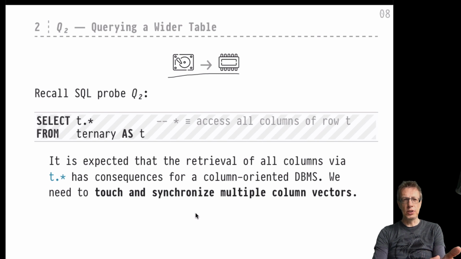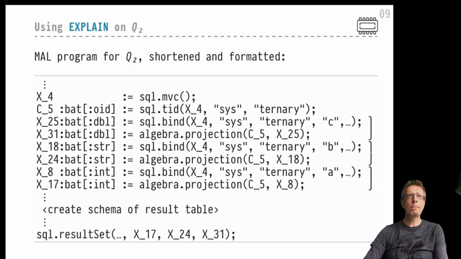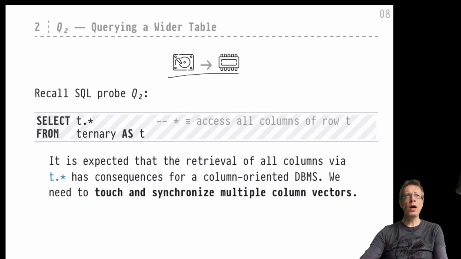Before, when querying a unary table, it was sufficient to extract the payload of a single BAT. A single BAT, or the tail column of a single BAT, was sufficient to hold the column values of a single column. Now we have to process the column values in 3 different columns, and that will lead to the processing of multiple column BATs, of multiple column vectors in some synchronized fashion, we hope. So before we do that,